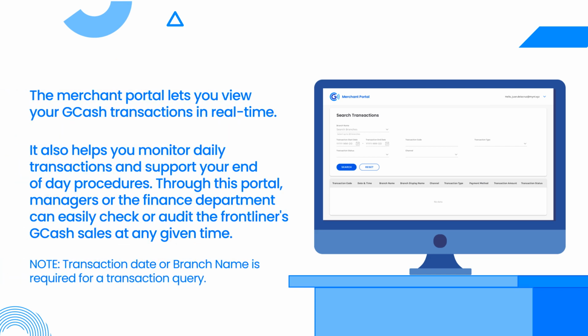Merchant Portal lets you view your GCash transactions in real time. It also helps you monitor daily transactions and support your end-of-day procedures. Through this portal, managers or the finance department can easily check or audit the frontliners' GCash sales at any given